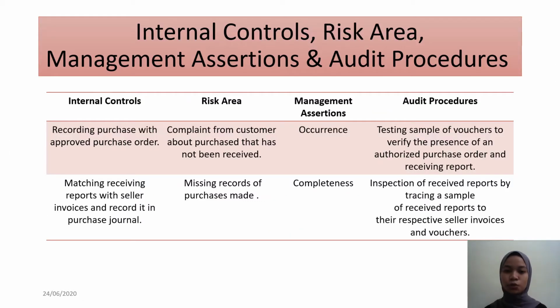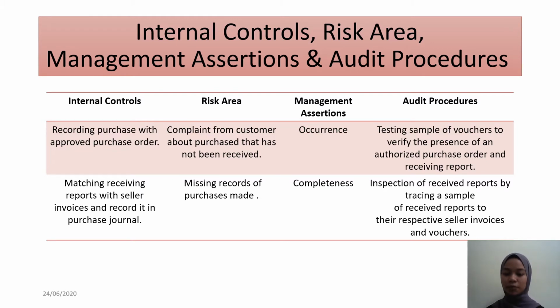Okay, next we want to proceed to the internal control, risk area, management assertion, and the audit procedure involved in the purchase cycle. So, firstly, for occurrence, the risk area is complaints from customers about purchases that have not been received. What management needs to do is record purchases with an approved purchase order. And the audit procedure is testing a sample of vouchers to verify the presence of an authorized purchase order and